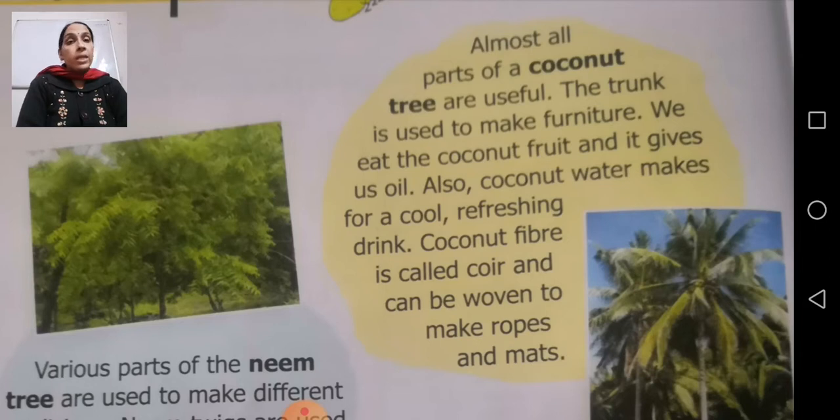Now next we eat the coconut fruit and it gives us oil. Oil we are getting from that raw coconut only. Also coconut water makes for a cool refreshing drink. So this coconut water is quite often available in our city also. Earlier it was not there, earlier only one or two were there, but nowadays you can get that coconut water from anywhere,